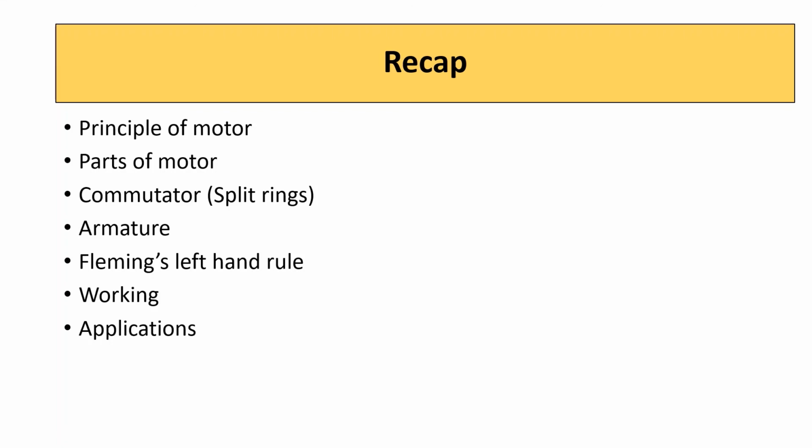We learned the parts of the motor, that is poles, insulated copper wire, split rings, axle, graphite brushes, and the source battery. The commutator, what is a commutator? A commutator is a device that reverses the direction of the flow of current through a circuit. In electric motors, the split rings act as the commutators. Also, we learned the term armature. Armature is the soft iron core on which the coil is wound plus the coils, and it enhances the power of the motor.